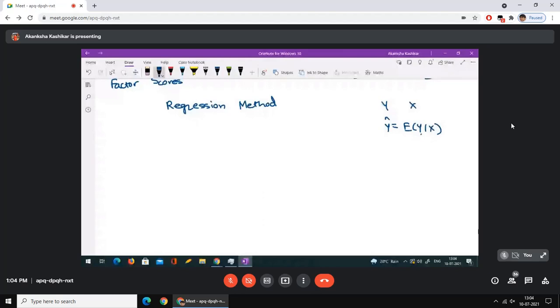So what we will do is, if I have x as my observed variable, then I take x minus mu, the centered observed variables, and factors, and prepare one vector from them. So this is p cross 1, k cross 1. So the total length of this vector is p plus k.